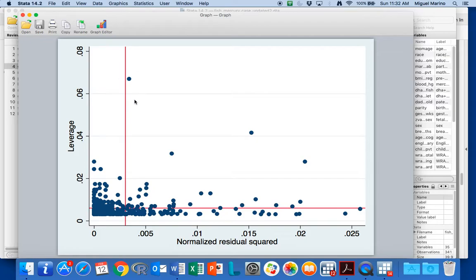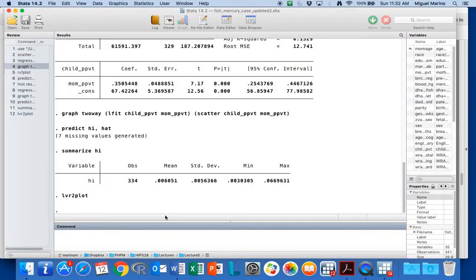And so one of the reasons why I like this plot is it does give you a little bit of sense of where these things are, and if you do see 0.2 or more and there's a data point anywhere that's above that, it's a really nice way to visualize that data set. But it also, if you type in lvr2plot, comma, ml, and then id. So I have in this data set